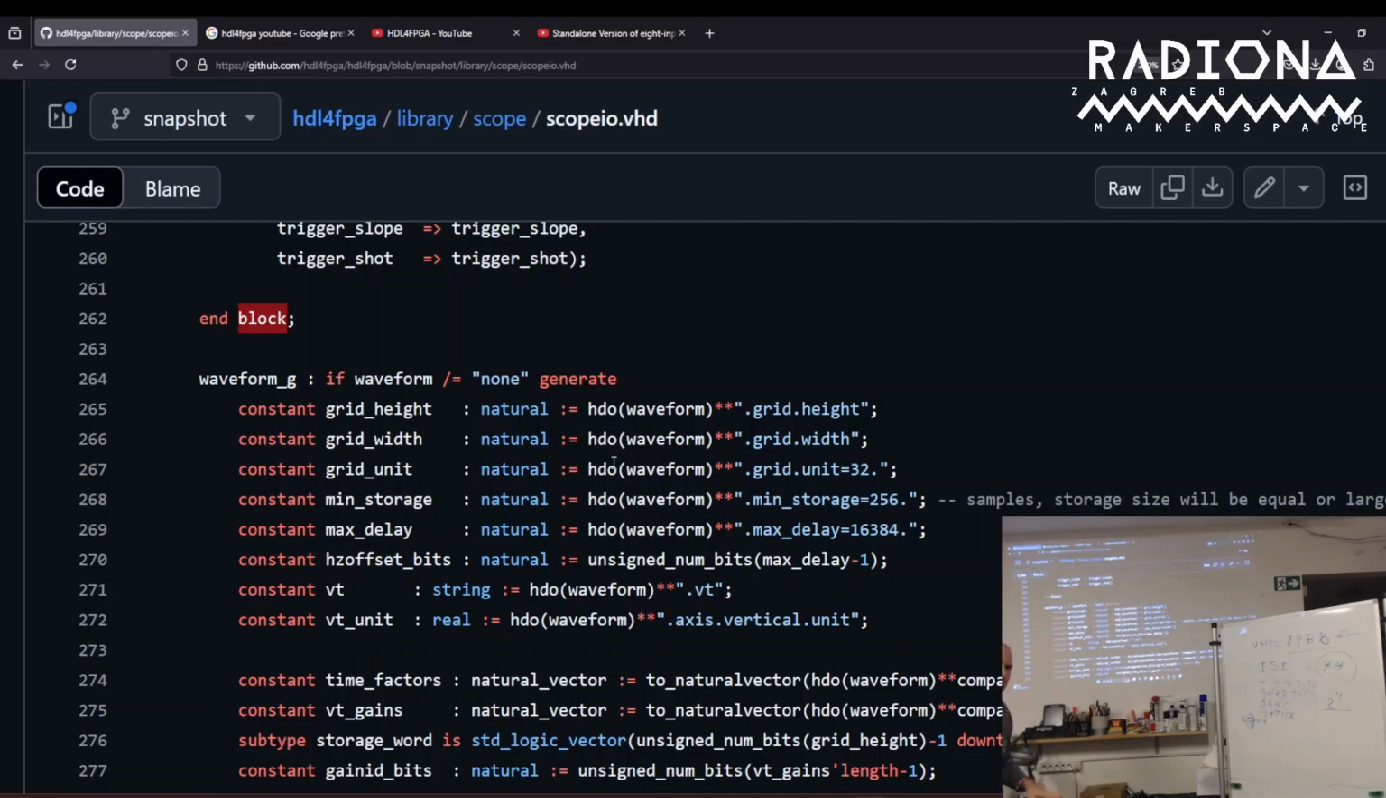So you don't need to fill the other stuff. If waveform is defined, you can see that it's extracting the grid width. See? Waveform has inside it grid, and grid has the height. Waveform has the grid width, and you get the width. Okay, and what you are saying is that if waveform is defined